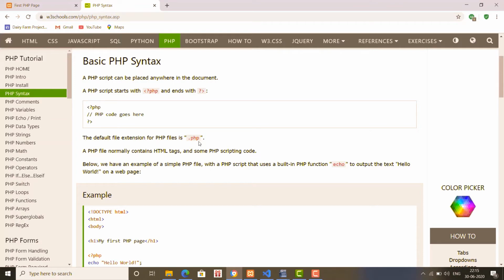So whenever we write PHP script in an HTML file, we must save that file with the extension .php.